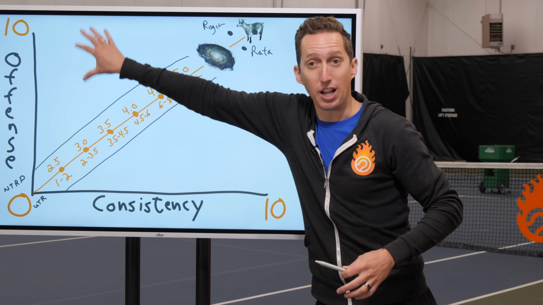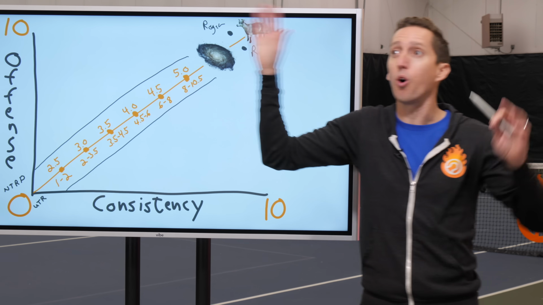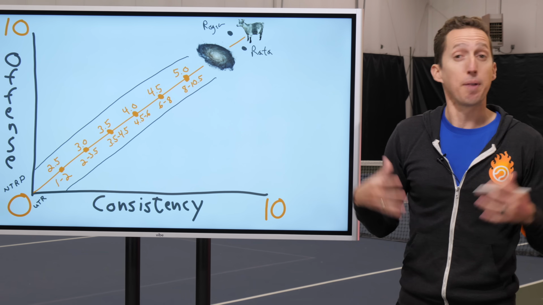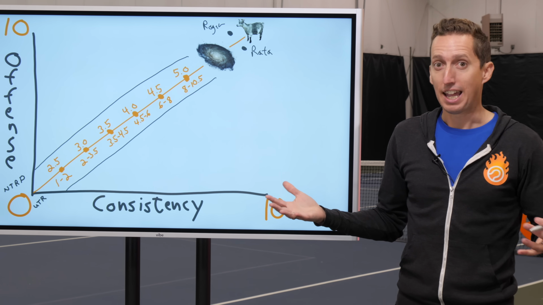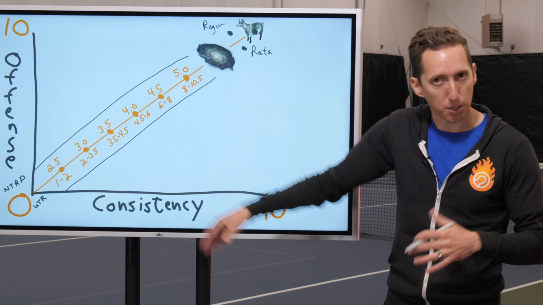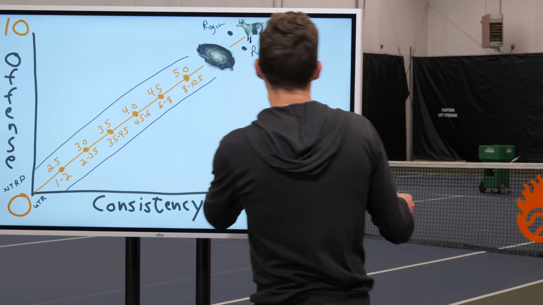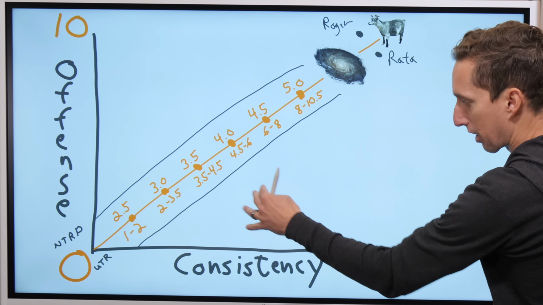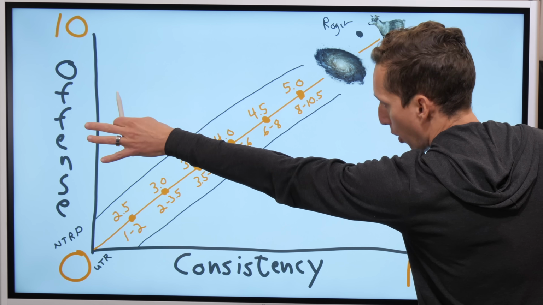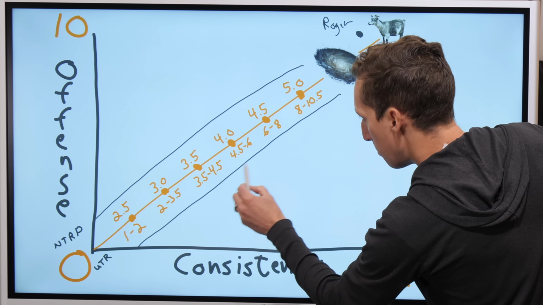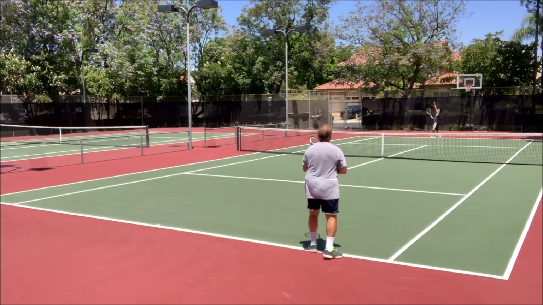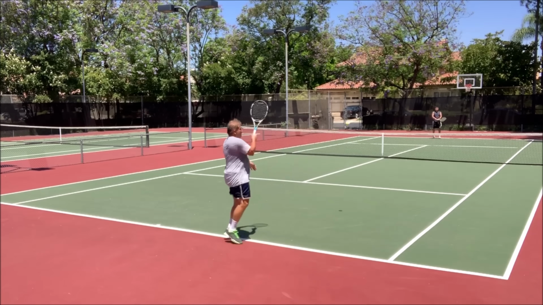And over here on this side of the chart, we've got players who all they care about is hitting it as hard as Roger or Rafa, and they make one every like 5 minutes, and they miss all the rest of them, and so they don't care about consistency very much. And so we've got lots of different styles that fall in here. For example, if you're super concerned with consistency, but you don't care about offense at all, then up to about 3.5 or 4.0 or so, you're going to fall into this category that we call